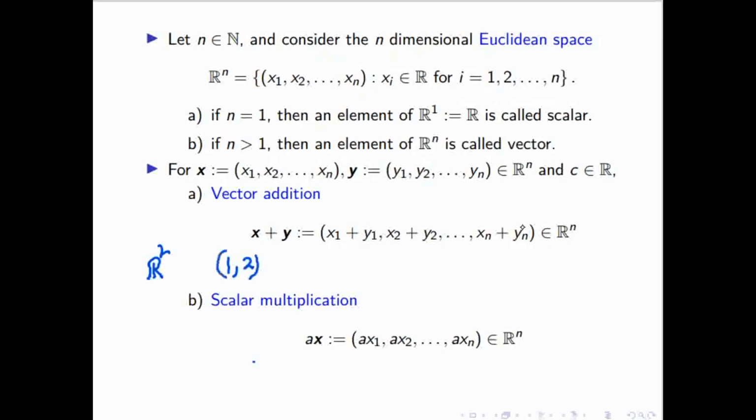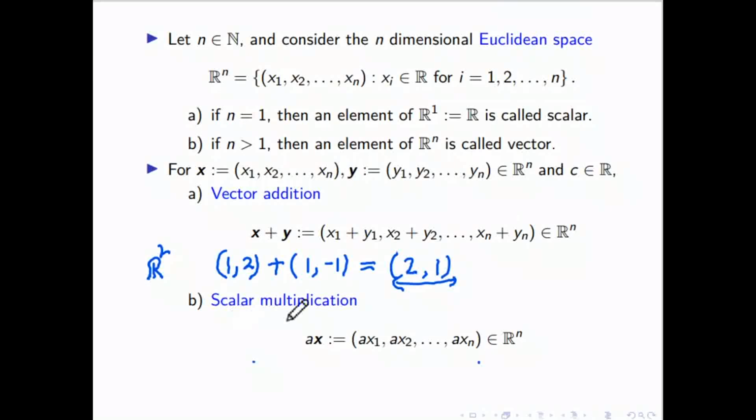Like if you are in R2, only in 2 dimension, I am taking just an example. One is 1 comma 2, another is 1 comma minus 1. If you want to add these two vectors, and both are vectors, that's why it is written vector addition. How to add two vectors? Just add the components, like 1 plus 1 will become 2 and 2 plus minus 1 will become 1. So this is the addition of two vectors 1 comma 2 and 1 comma minus 1. Or in terms of i cap and j cap you can write this is i cap plus 2 j cap, and if you add i cap minus j cap, you will get 2 i cap plus j cap.